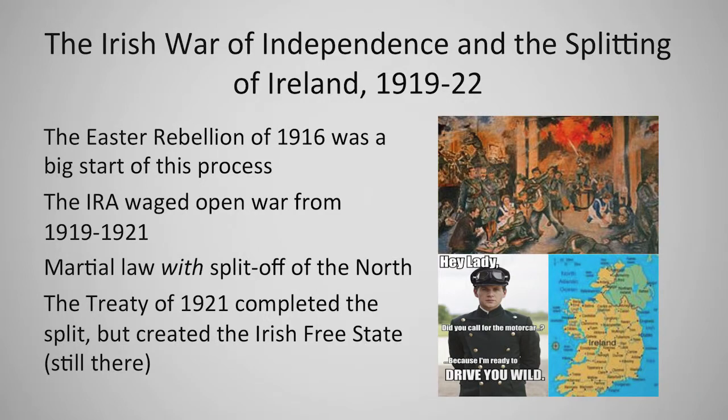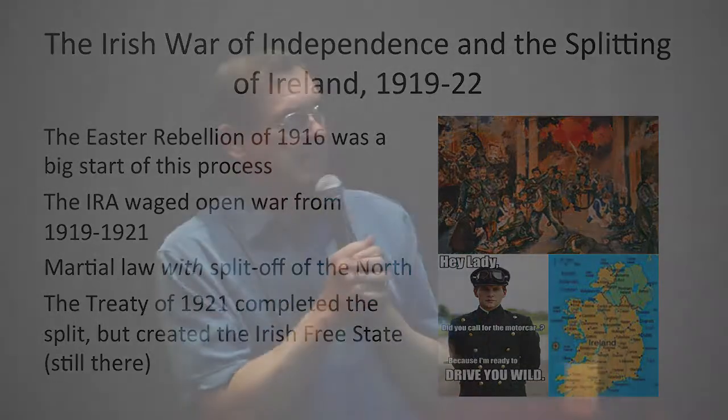And this painting reflects a lot of the violence that took place with the attempted overthrow of the British-based Irish government in 1916. And from that time on, the IRA waged first a subtle and then an open war. From 1919 to 1921, the IRA was in full cry, launching attacks in England, launching attacks in Northern Ireland, launching attacks in parts of Ireland itself.